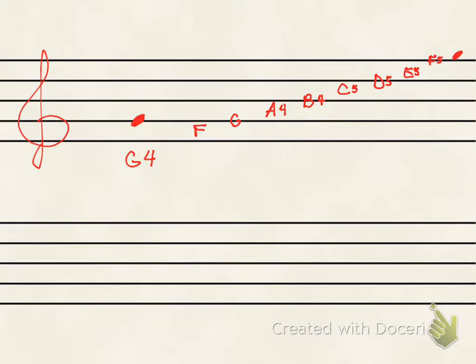There we go. All right, I'm going to write that again down here. So treble clef, and remember the second line is G4, okay? So A, B, C, D, E, F, G. Okay, so we have A4, B4, and of course when we get to C, this is now C5,